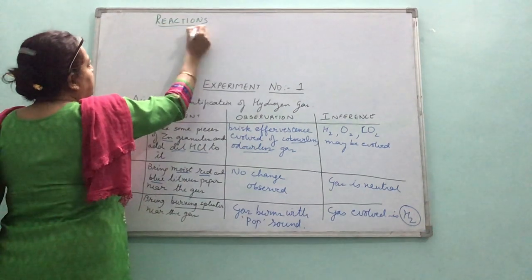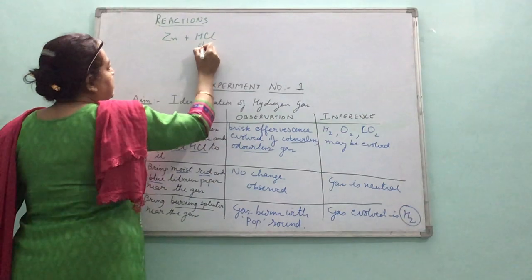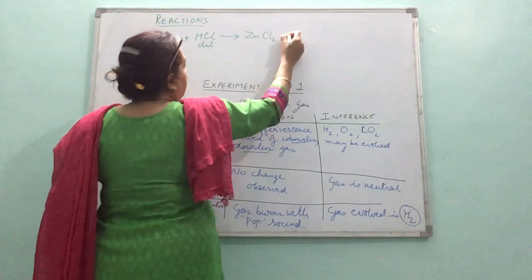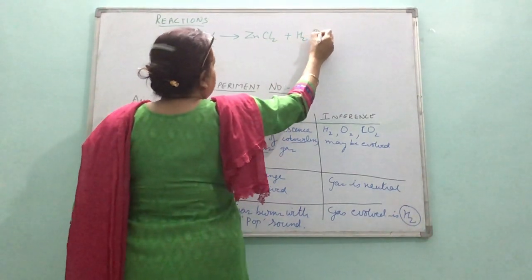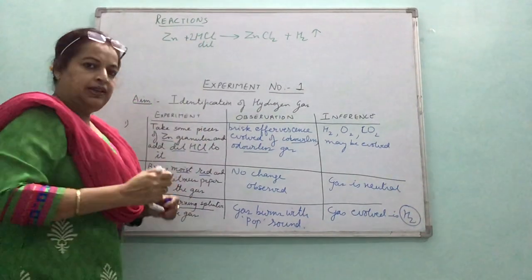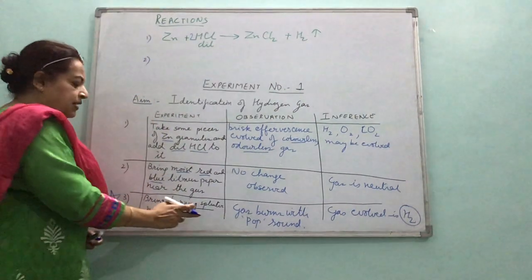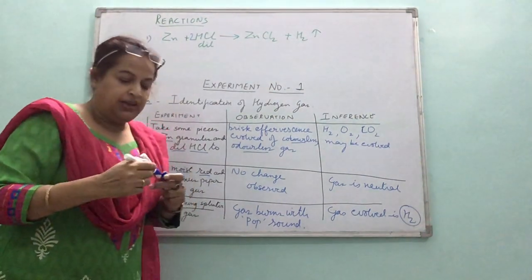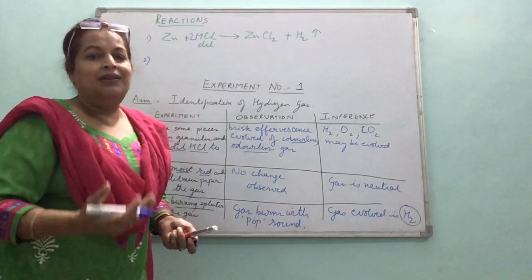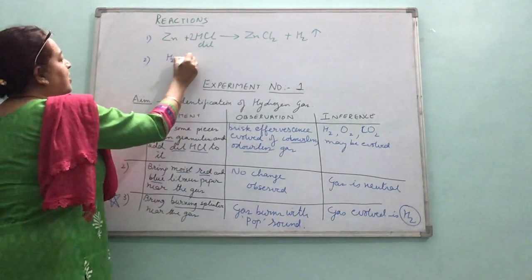The metal which we took was zinc, and the acid which we took is dilute HCl, and the reaction forms zinc chloride and which gas, children? Hydrogen gas. Always write the balanced reaction. Always. So it is balanced. This is first, the preparation of the gas. I'll put it as number 1. Number 2 is when this hydrogen is burning. It is burning because of what? Oxygen. It is reacting with oxygen. Burning is nothing but a combustion reaction or oxidation reaction. So hydrogen burns in oxygen.